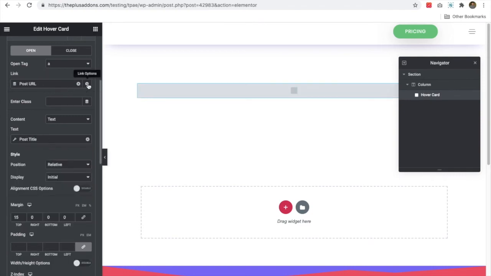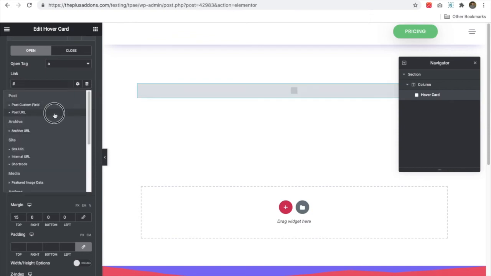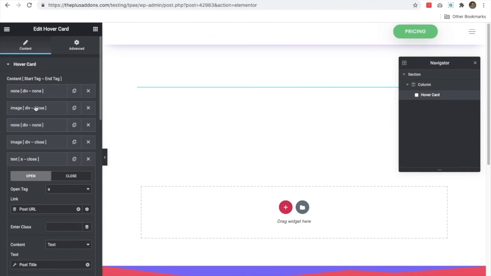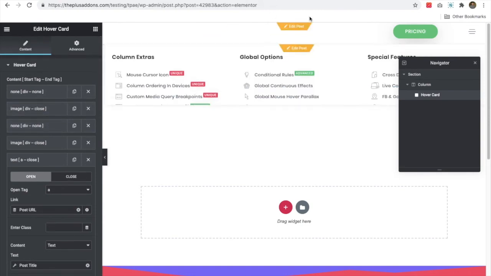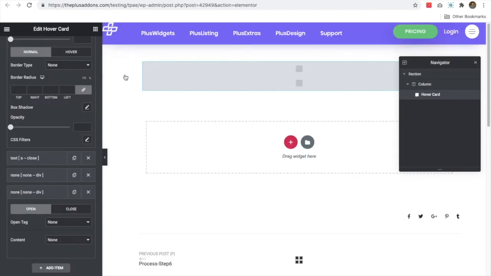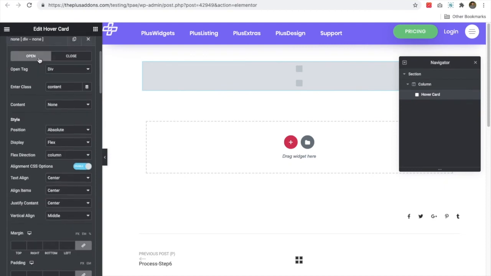And here we can select a post URL in the URL tab. Once you have the structure ready like this, you can see the structure over here. We already have created the structure.